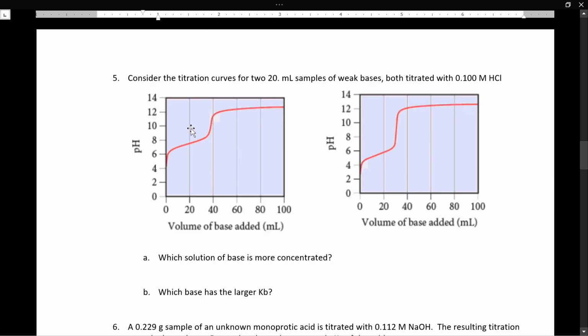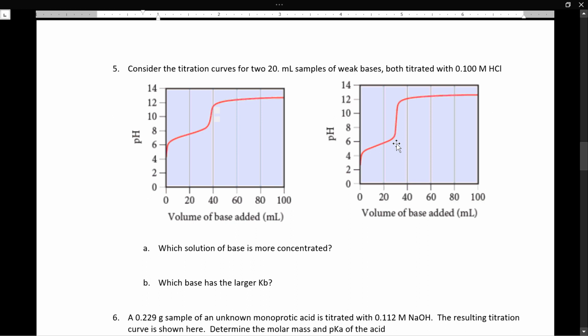And if you look at these ones, we've got two titration curves. They're both weak bases. And which solution of base is more concentrated? So let's look at the equivalence point here. So it looks like this base took about, I don't know, I'm going to estimate maybe like 38 milliliters of acid